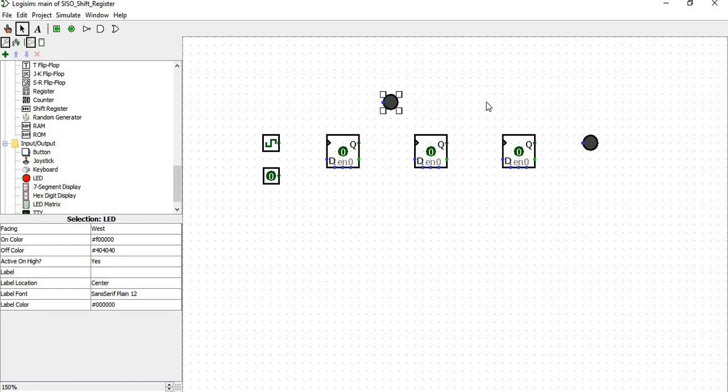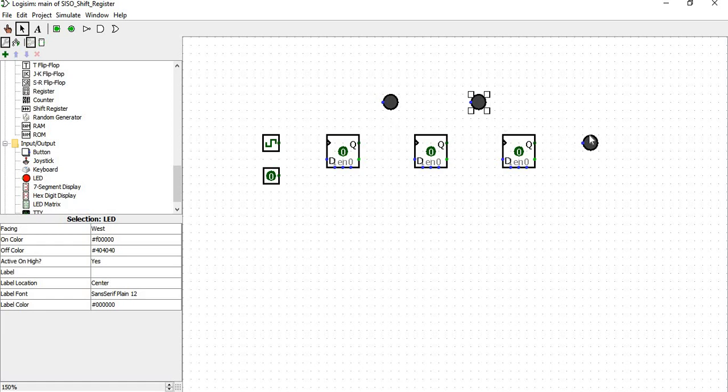So I will just do copy and paste. Now we have flip-flops, clock, and data input, and I am going to observe the output at each flip-flop, so I am taking 3 LEDs. That's it, right?